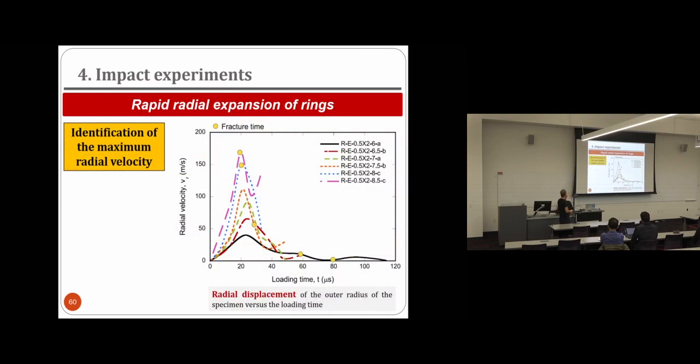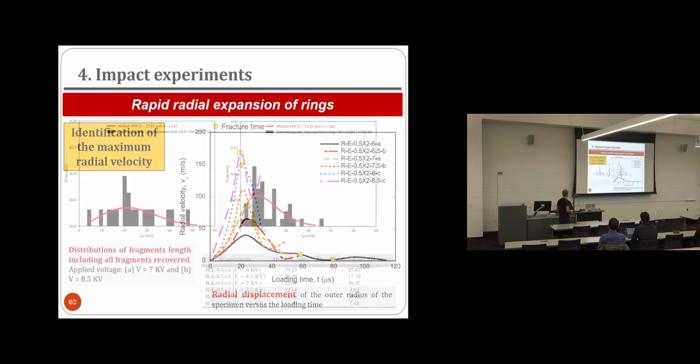So in these experiments of Ravi, we were able to record also the radial velocity. In this case, instead of using a PDB system, we just used the high-speed camera. So you could see here the evolution of the radial velocity of the ring for different specimens tested at different velocities. This here in purple is the largest velocity tested, and you can see that if we decrease the velocity, of course, we decrease this maximum radial speed of the sample.